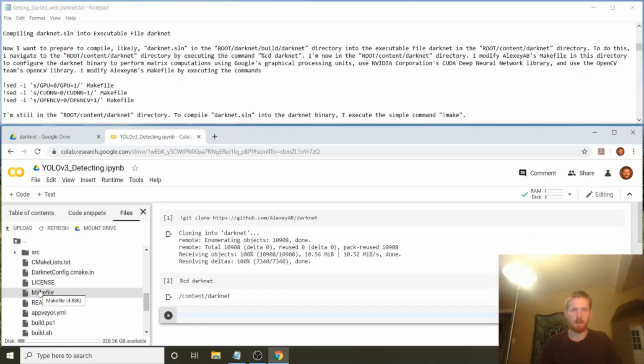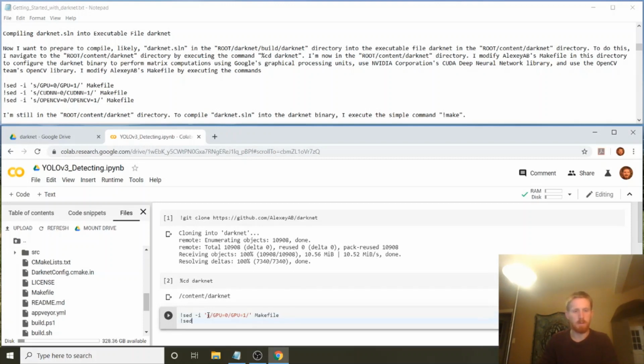I modify AlexeyAB's makefile by executing the commands !sed -i 's/first argument to replace/second argument what that replaces with/' makefile. Similarly,